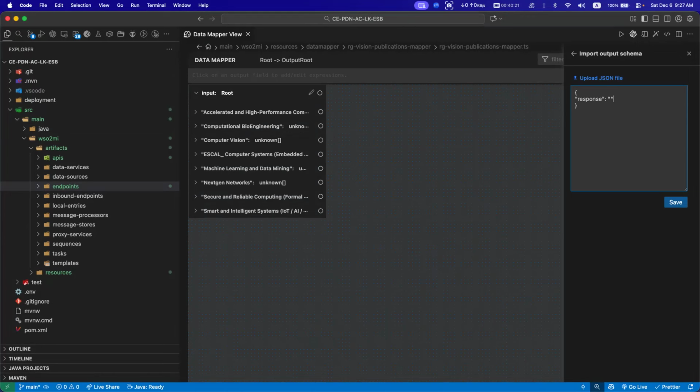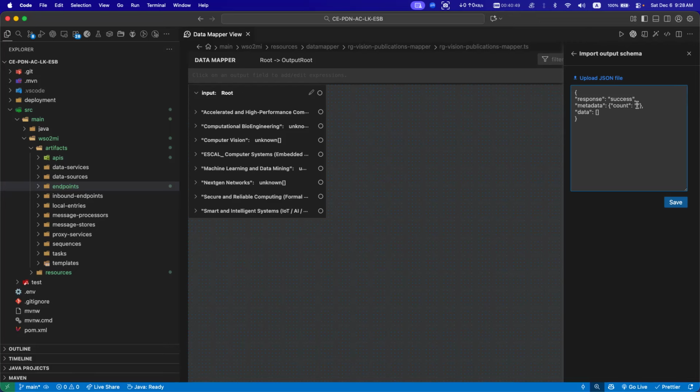There will be some value response, and say add some metadata. Those are not very constrained. I'm just adding something to demonstrate what we can do. And finally, data. Data will be the list of publications, and this one maybe